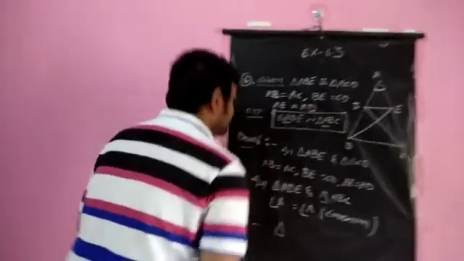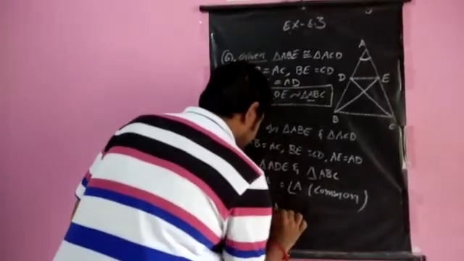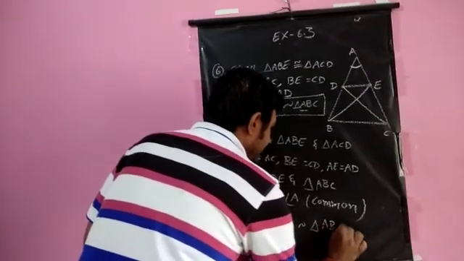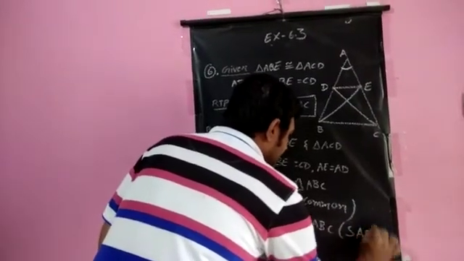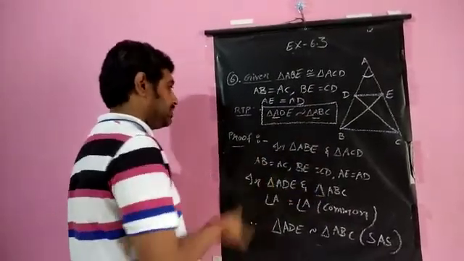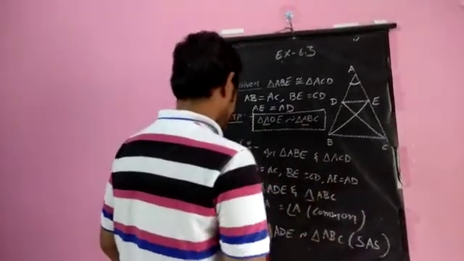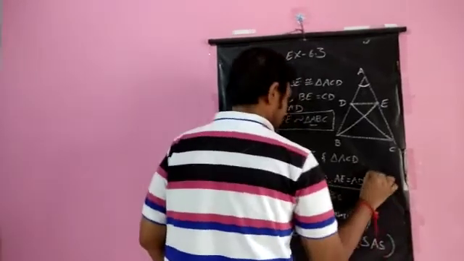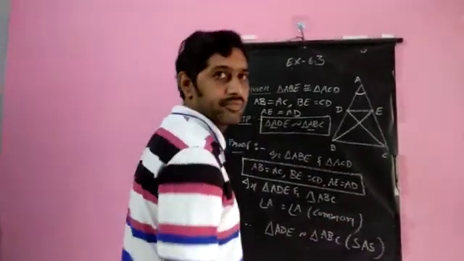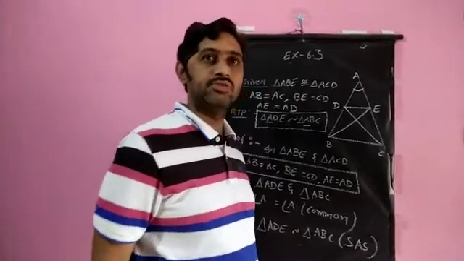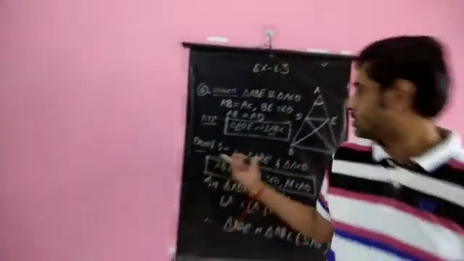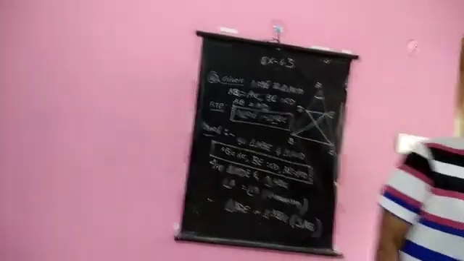So I write here triangle ADE is similar to triangle ABC by SAS similarity. You can even write the ratio here; I am not writing the ratio. You can write this by using these three things which we got from the triangles being congruent. The ratio of the sides will be the same, so we can say that these two triangles are similar to each other, basically by side angle side.